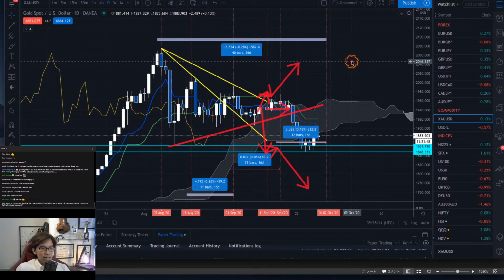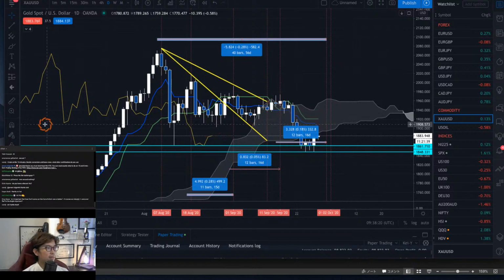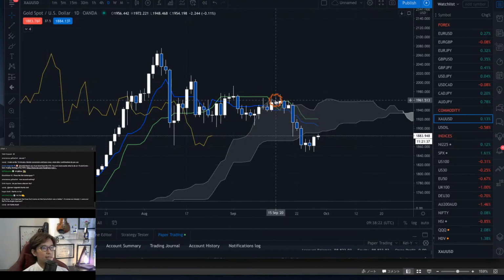Now, XA, do nothing? Yeah, I think do nothing is the right answer for now, because this is ranging basically. Let me cancel these lines. And yeah, this looks to be retracing now, and it's going up right now, and this is at the recent low like this, or you can even extend it and you see the previous support here, and the price might be supported in this zone of